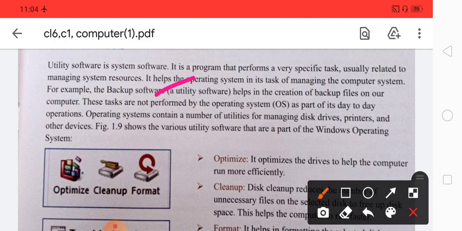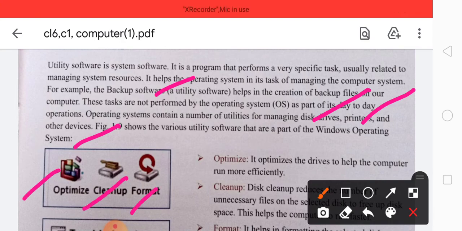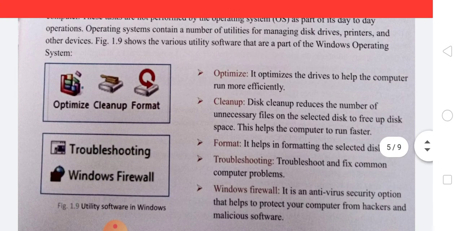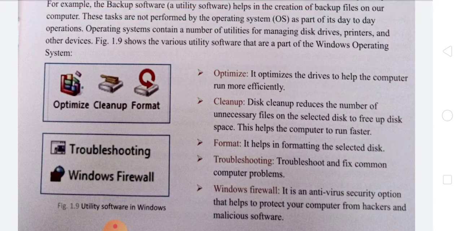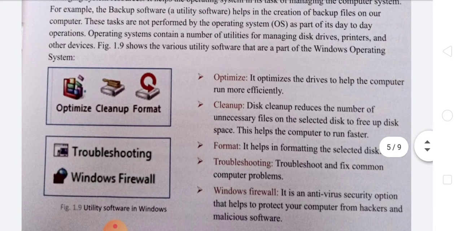These tasks are performed by the operating system as part of the day-to-day operations. The operating system contains a number of utilities for disk drives, printers and other devices. Some parts of the Windows operating system are optimize, clean up and format. These are shown in the utility software of Windows.